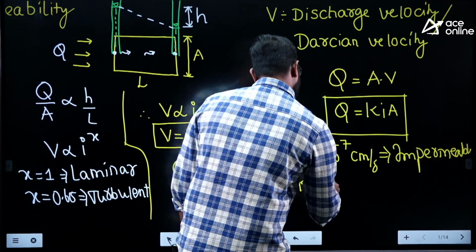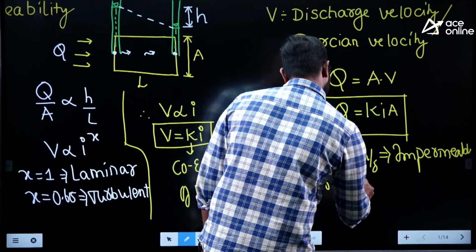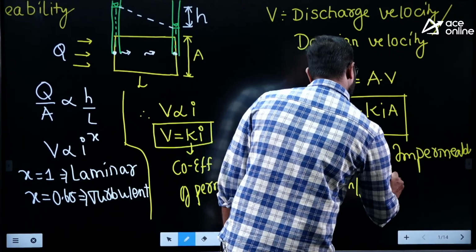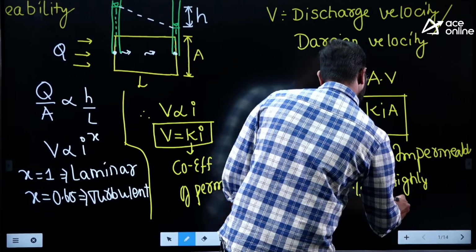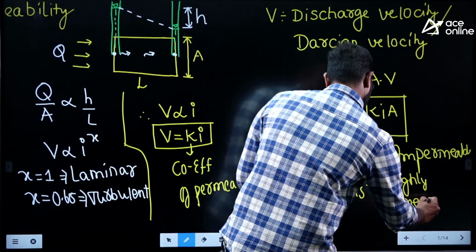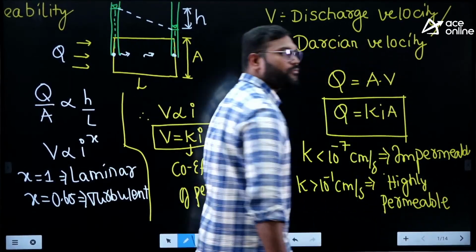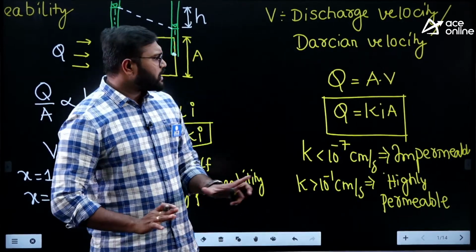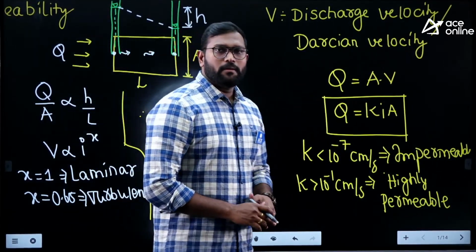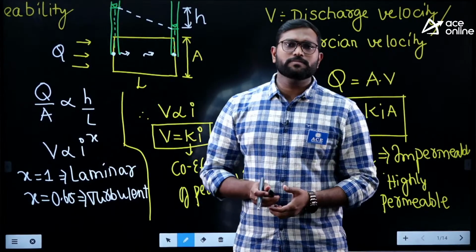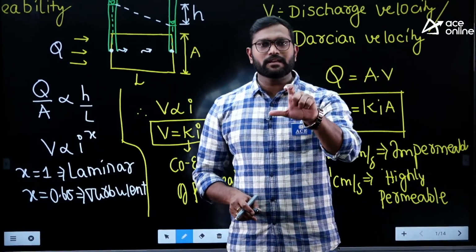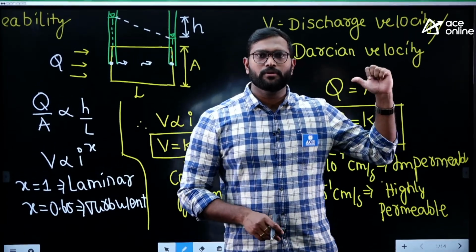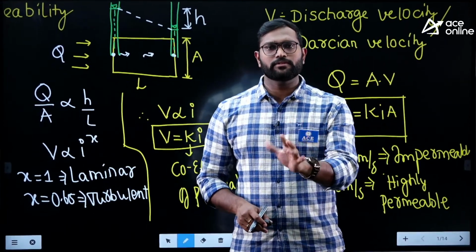And if K value is more than 10 to the power of minus 1 centimeters per second, soil is said to be highly permeable. Okay, so this is the concept given by Darcy. But sir, you are saying this is homogeneous, but we want to discuss the layered deposit. But in order to understand the layered deposit, you need to know this concept of Darcy, Q is equal to